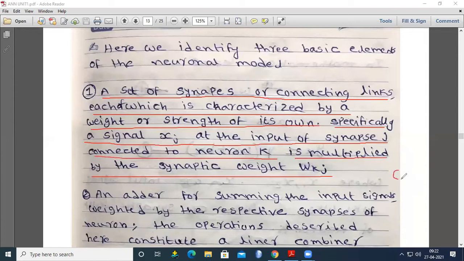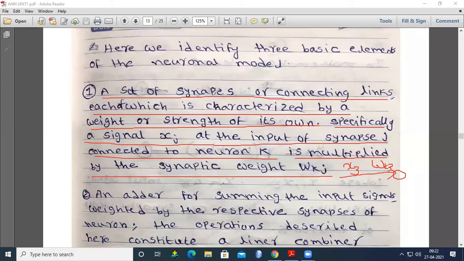For example, this is the neuron. This is the input line. This input line consists of one signal x and one weight w. Now, this is the x3. For example, the j value is x3. Now the weight is with k, that is the weight, and 3.